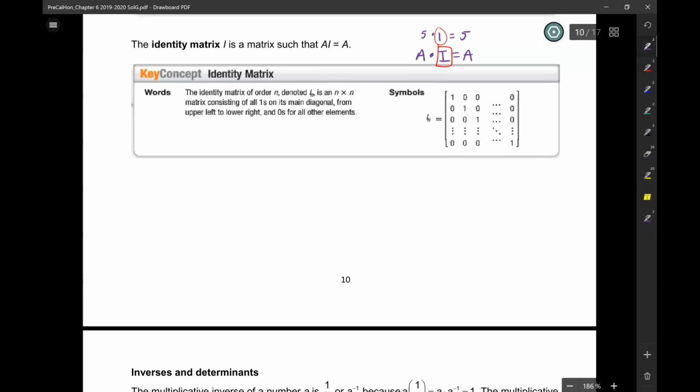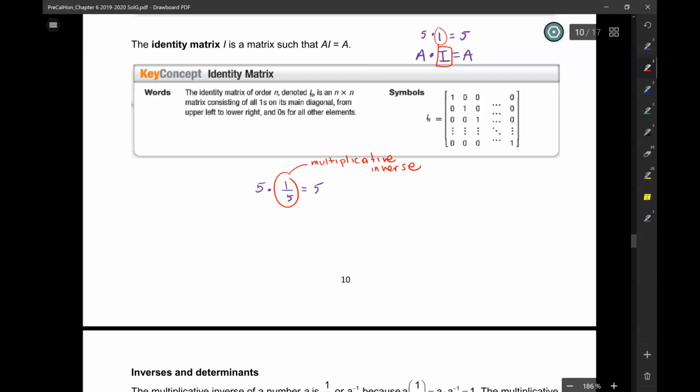Now, when we're talking about numbers, if I have the number 5, what can I multiply that with in order to get 1? 1 over 5. So that's equal to 1, right? So guess what 1 over 5 is called? It's the multiplicative inverse